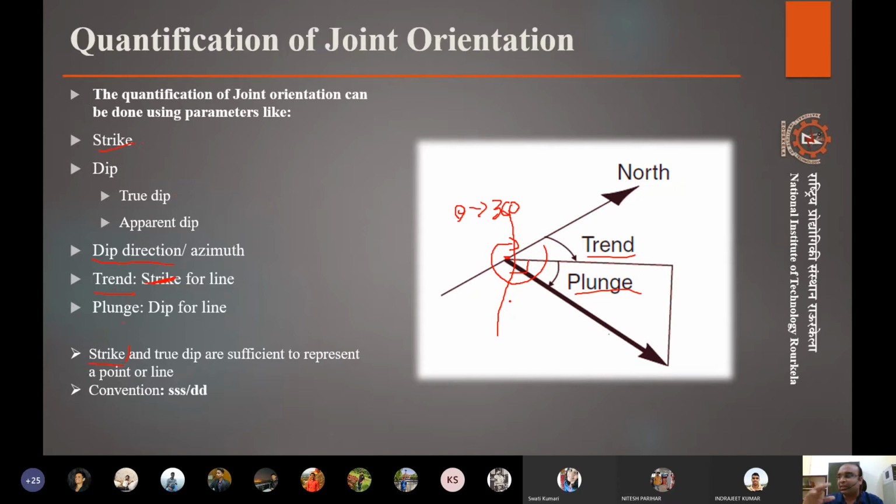It can go to the backside also, but then we measure from the opposite side.